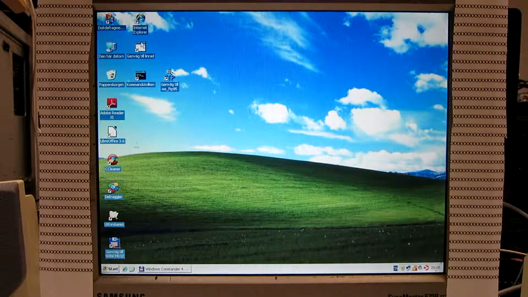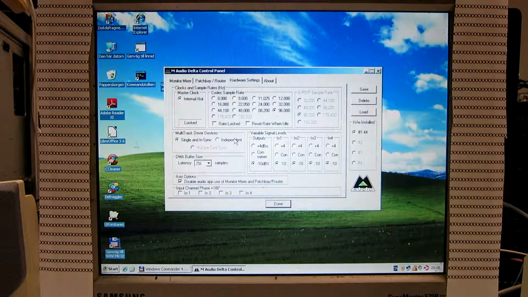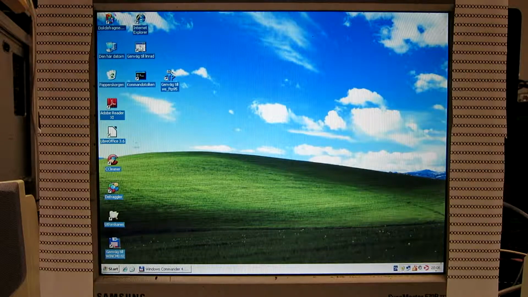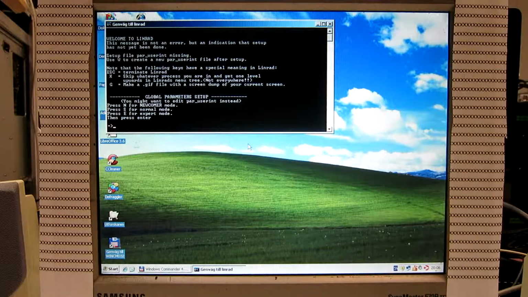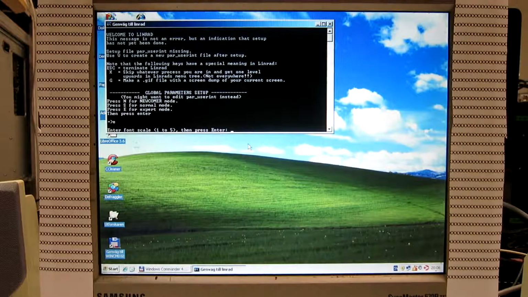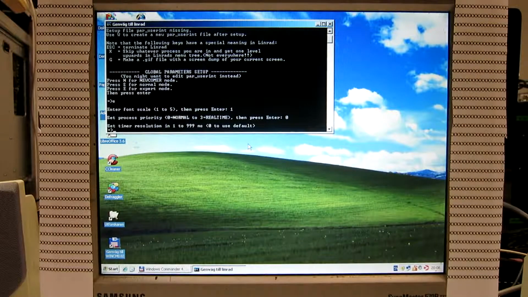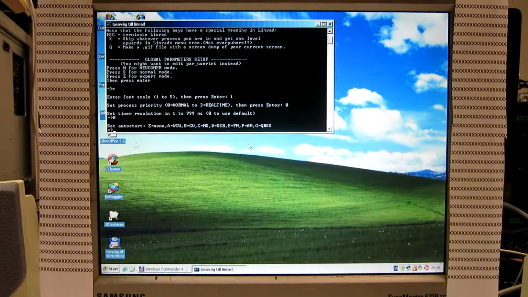This computer is connected to a chain of WSE converters, and the sound card is a Delta 44. The WSE converters require the lowest sensitivity of the Delta 44. And start Linrad. I log in as an expert. Small fonts, no priority, timer resolution, go for the default, and no auto start,